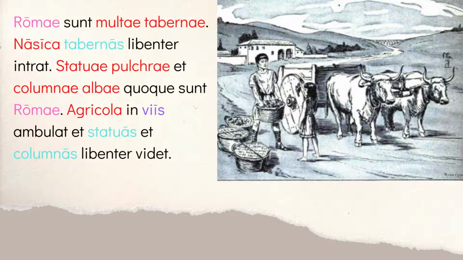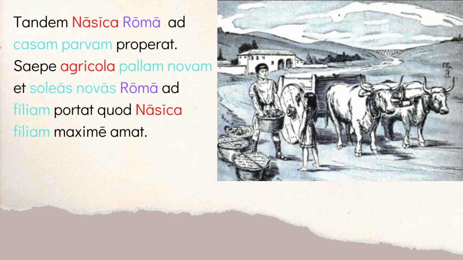Then you have what he does when he's walking the streets. He videt, he sees. What does he see? Et here, the correlatives mean both and. So it's both statuas, statues, and columnas, columns, right? So he sees these things as he's walking along. Remember the beautiful statues and the white columns? He's seeing both while he's walking through the streets. And again, libenter just means happily or gladly, okay? So he's walking through the streets after he sold all his stuff, and he gets to see all these cool things. Then we continue. This finishes off the second paragraph.